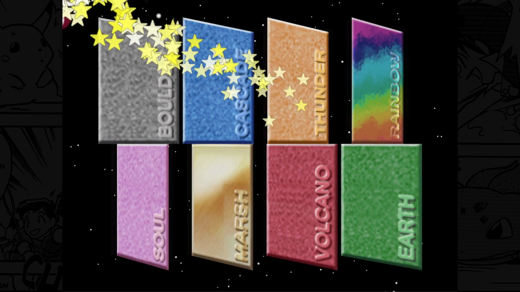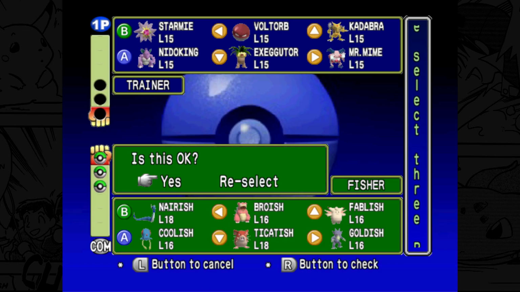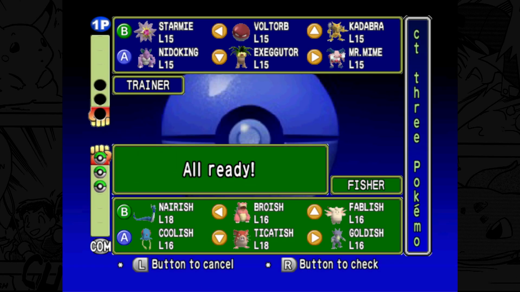But it's not over yet, because we still have one final trainer left. That's right, the Fisher. And he ain't bringing no Magikarp. He's got a freaking Dragonair. Now I'm not exactly sure why they gave him the Tentacle and not the Tentacruel, since he's the final trainer,